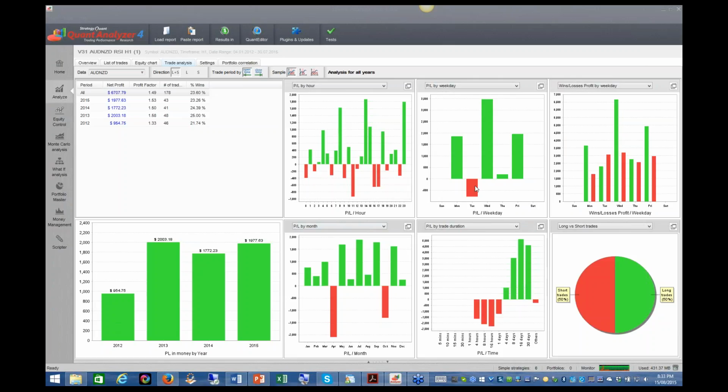It varies during the day. Tuesdays looks to have been a losing day on the whole. As I said, April and October have not been good months, and again, they're fairly long trades. But the other thing that I wanted to show, which I think I can,